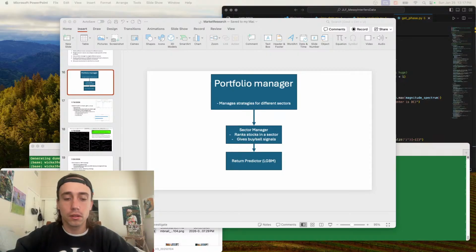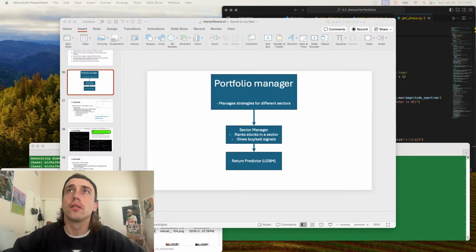Okay, so data dr equals data reader. At the top, let's import that file. So from Dolt Reader, import data reader. And to get SPY data,